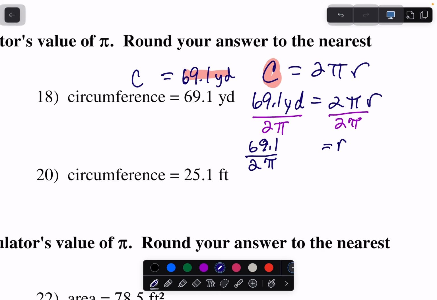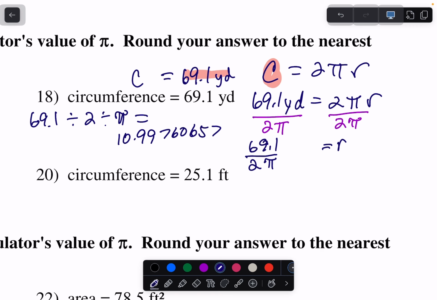Now, in your calculator, you have to hit 69.1 divided by 2 divided by the pi button, and then hit equals. So that's what you're going to put into your calculator. So everybody do that so that you can follow along with me. 69.1 divided by 2 divided by pi, hit your equal button, and you should get what I got, which is